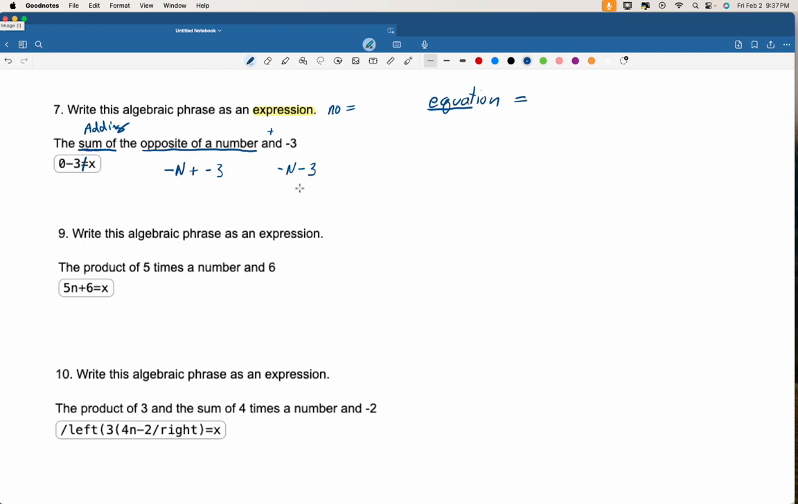Okay, so now we want to write the next one. The first keyword that I see is product of. And product means multiplication, so we are going to be multiplying. So the next thing we're going to do is look for a list that we're multiplying. And that list here, we see they're joined by the word and. So that's going to be where that multiplication symbol goes. So 5 times a number,